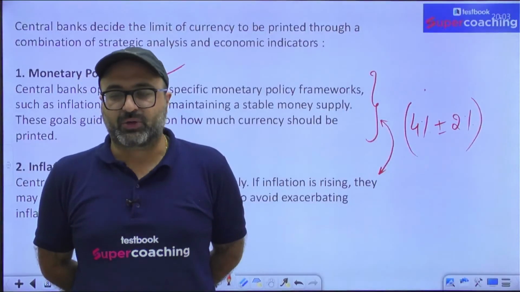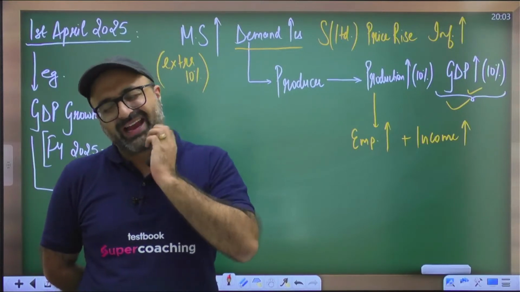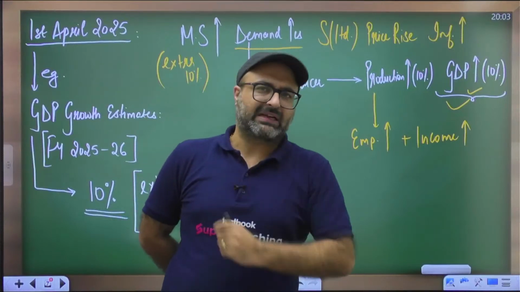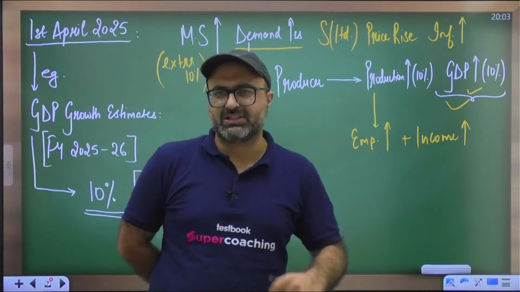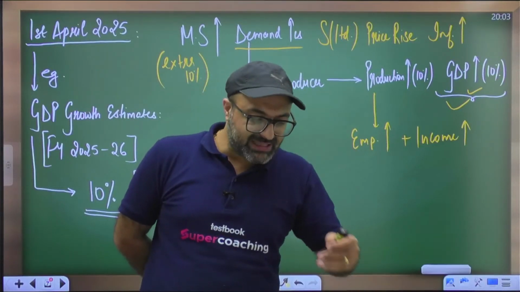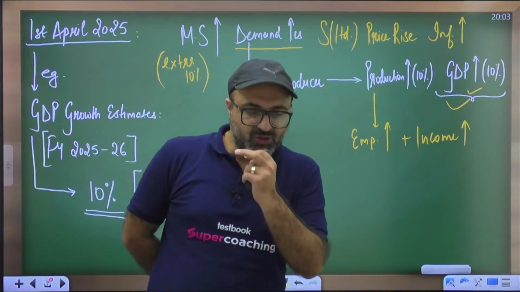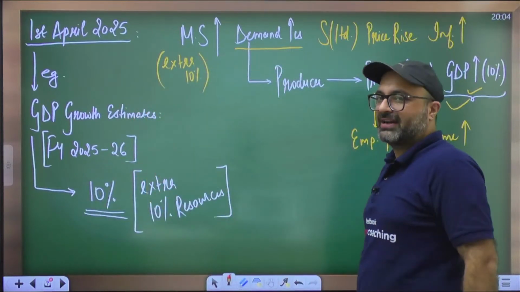Now, the question is how this limit is decided. This limit is decided basically on 9-10 factors, but out of those, 2 factors are really very important. First, GDP growth estimates, that is, what the GDP growth projection for the country is, and secondly, what the capacity of the country is to handle the inflation rate. So on the basis of these 2 factors majorly, keeping in account the rest of the factors, the decision is